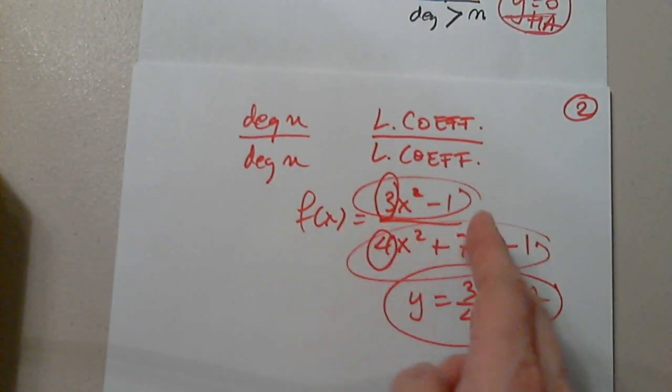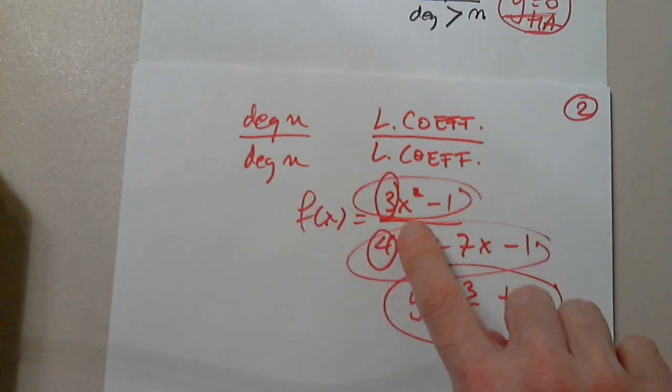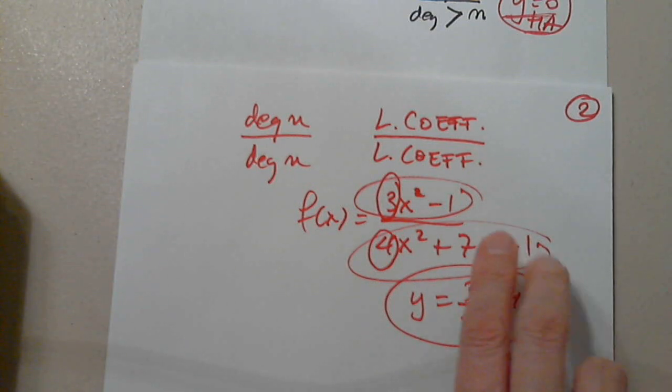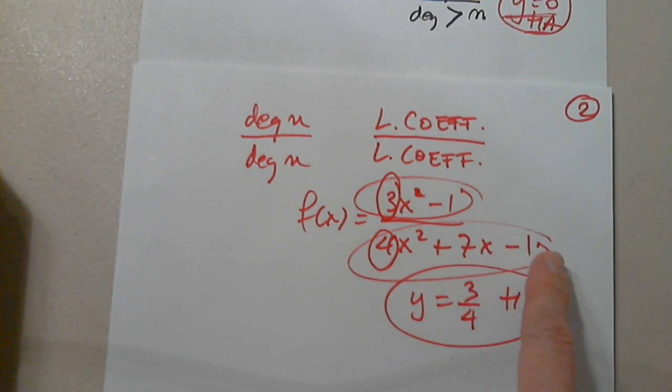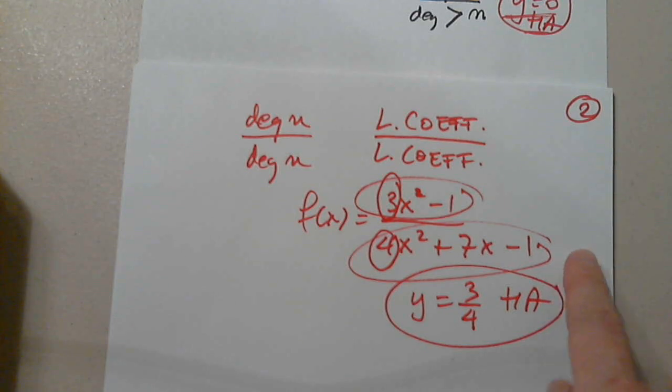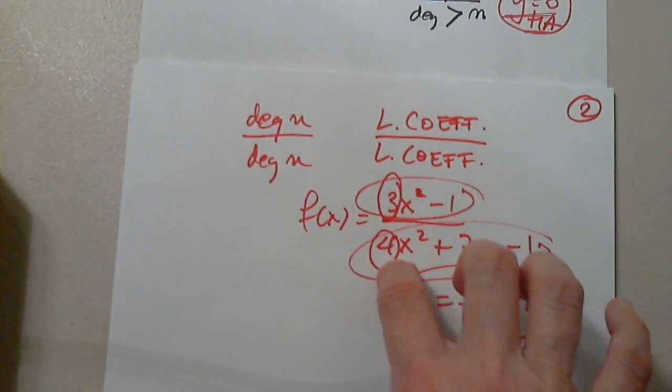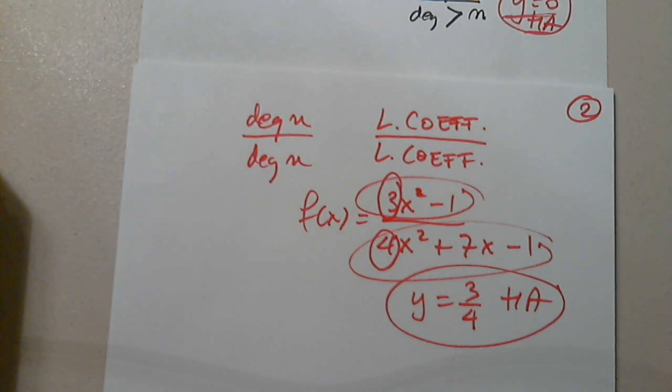Now remember, these can be twisted. You have to look for the leading coefficient. It may be on the third term. So I may have 7x minus 1 plus 4x squared. It doesn't matter. Rearrange it correctly, and then you will identify the leading coefficient and the leading coefficient. So that's number 2,